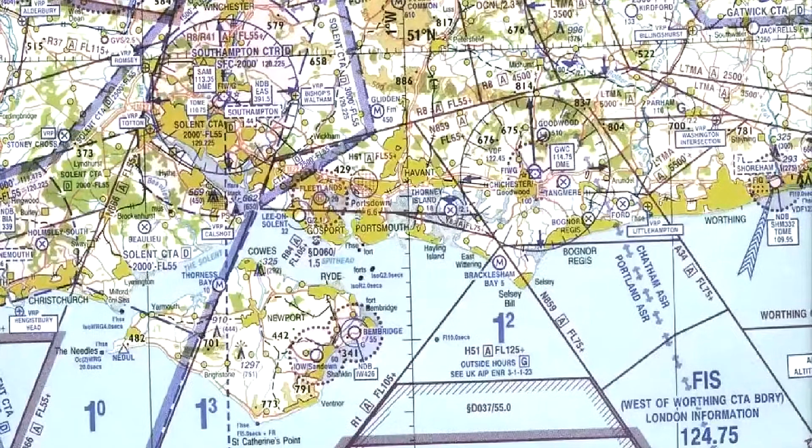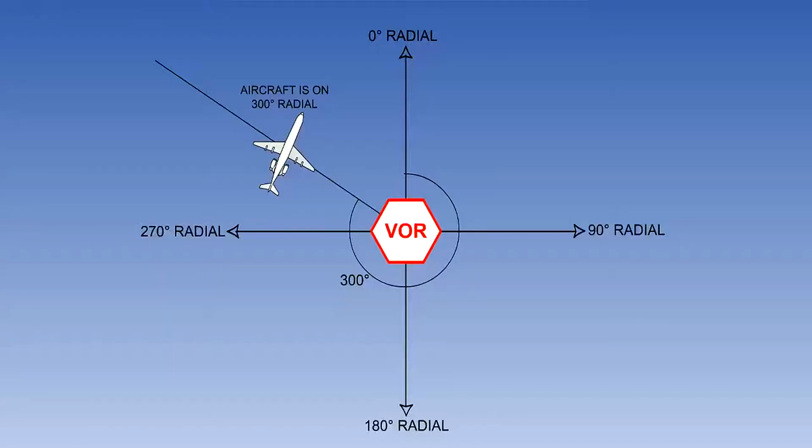However, the main use of the VOR is for tracking. This means guiding an aircraft along a specified radial to the VOR overhead. Tracking is the basic technique of airways navigation and is also used in airfield approach procedures. The important thing to grasp is that VOR radials are from the VOR. So, the 270 radial is the radial that goes from the VOR in a magnetic direction of 270 degrees.